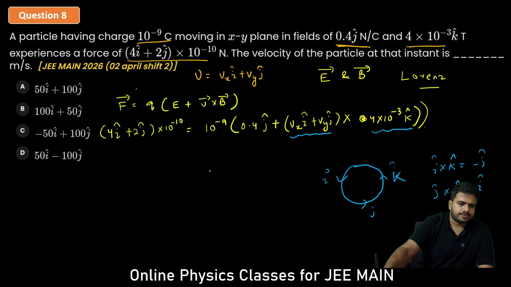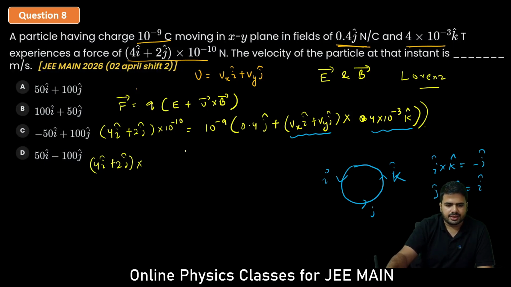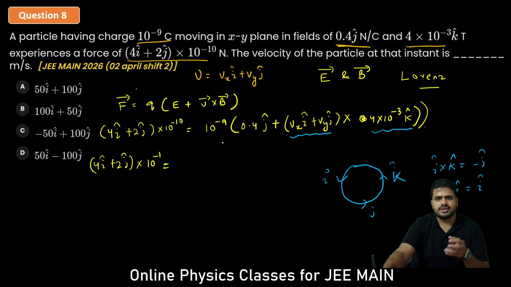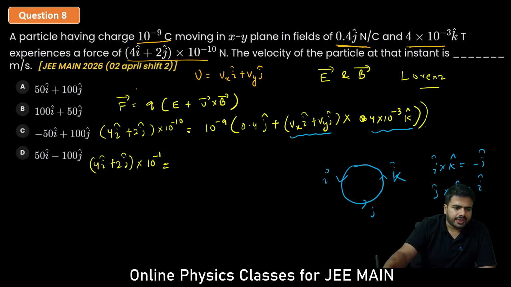Then if we substitute the values and write down, 4 i cap plus 2 j cap into, and here the 10 to the minus 10 and 10 to the minus 9 cancel out, so you can write 10 to the power minus 1, and the 10 to the minus 9 you can ignore from here, already we have cancelled that. So 0.4 j cap plus,